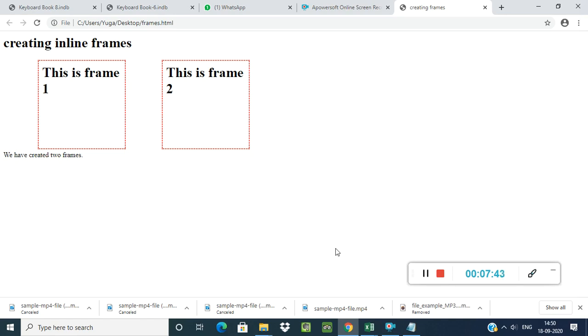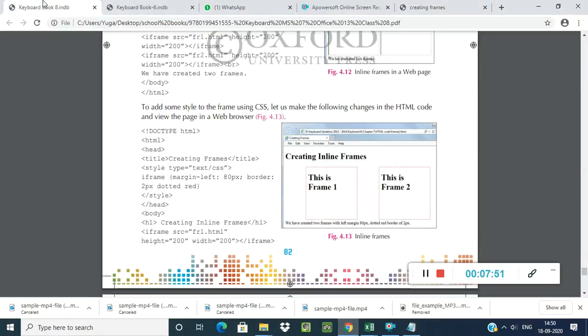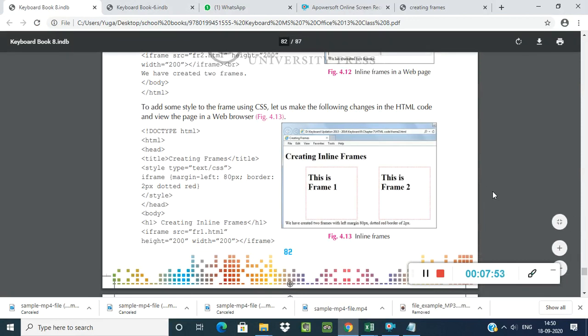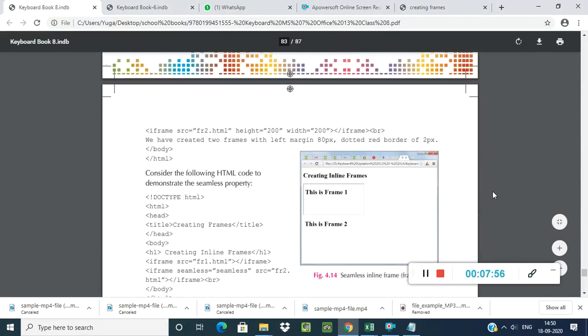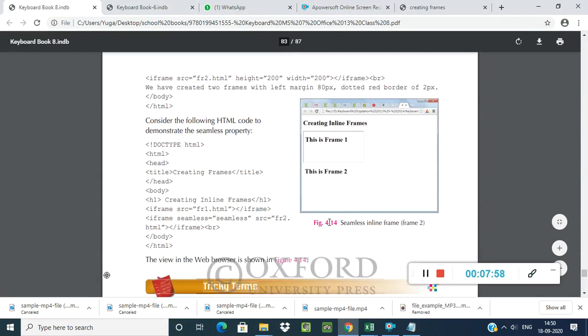Understood, students? Likewise you can create different types of frames which are in your textbook. Now the next is the seamless inline frame.